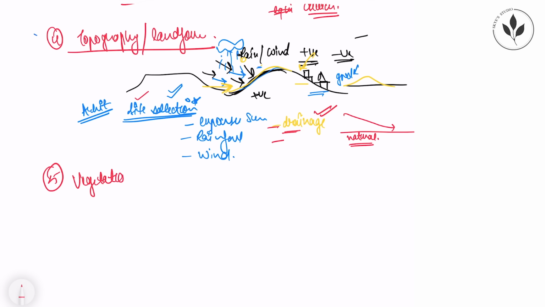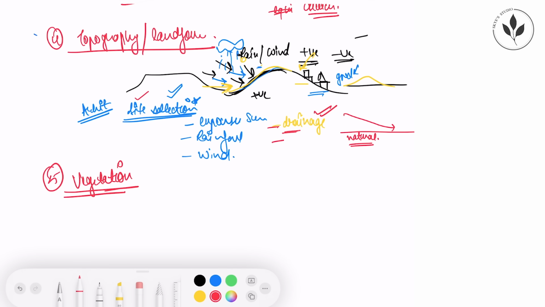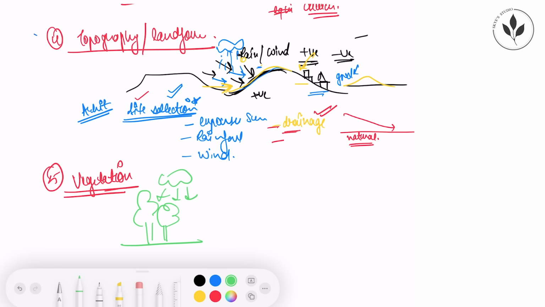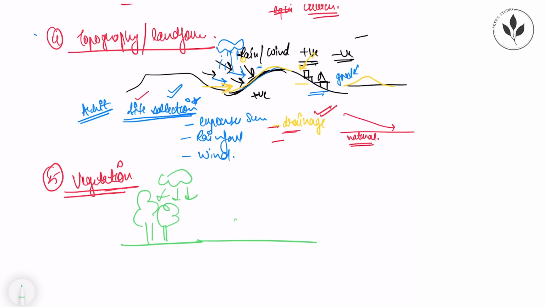Next point is vegetation. Now, how can vegetation affect the climate? You might have heard that the areas which are dense or which have forest receive more rainfall, right? Why does this happen? As compared to normal lands, if you just have trees and shrubs here, you will have more rainfall in the forest area. Now, why does it happen? Because